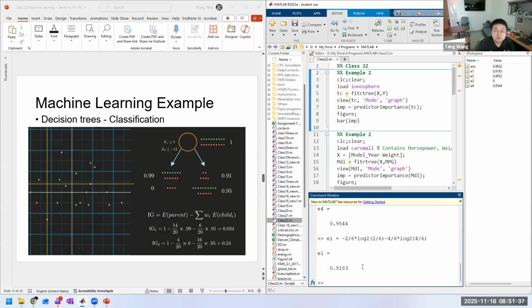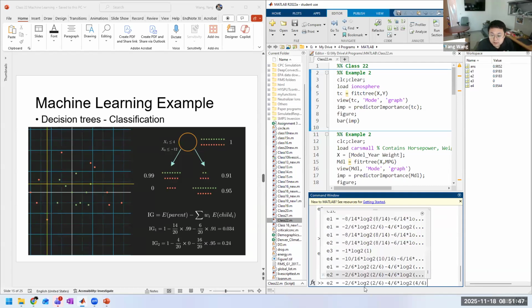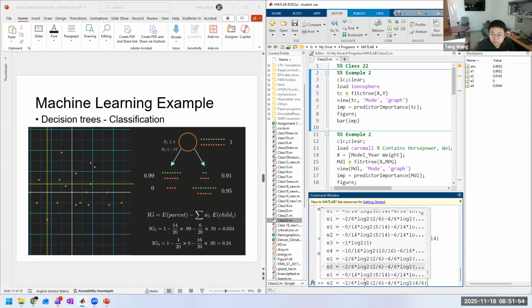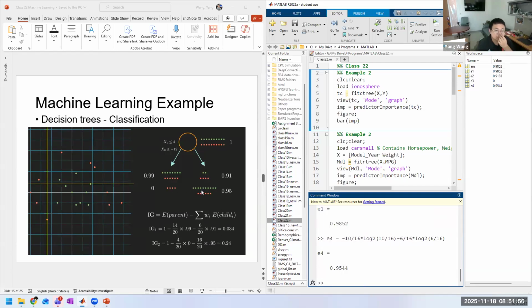E2 has an entropy of 0.91 or 0.92. E1 has an entropy of 0.99. This is 0. E4 is 0.95. So you have these different entropies, and then information gain is just the entropy of the parent